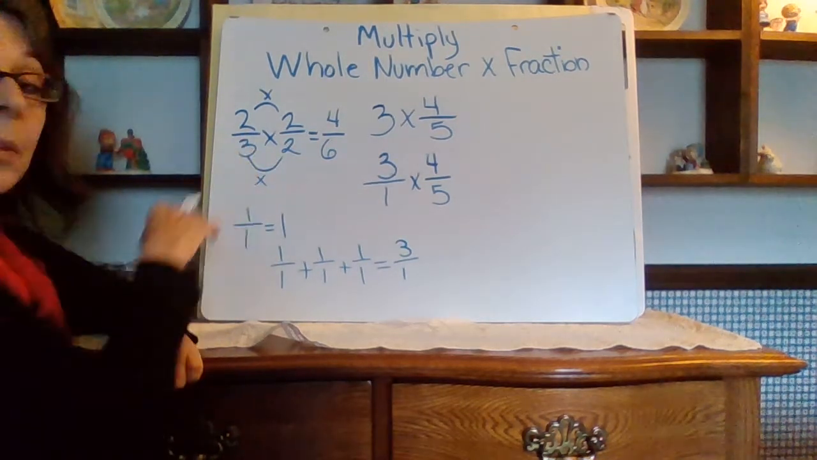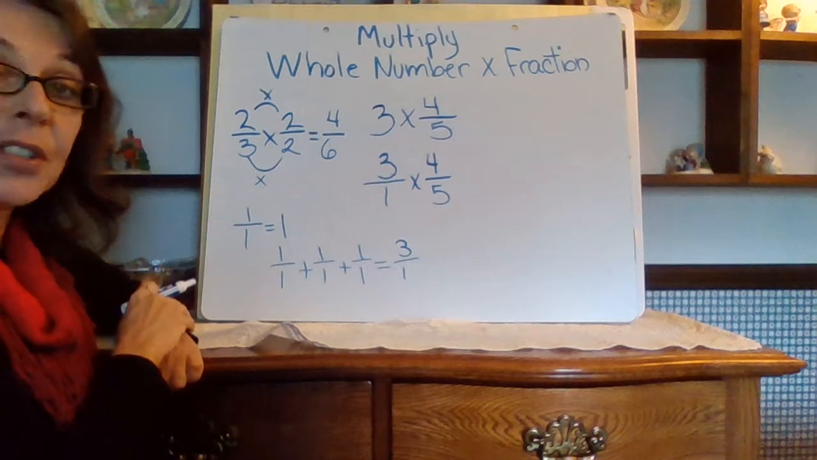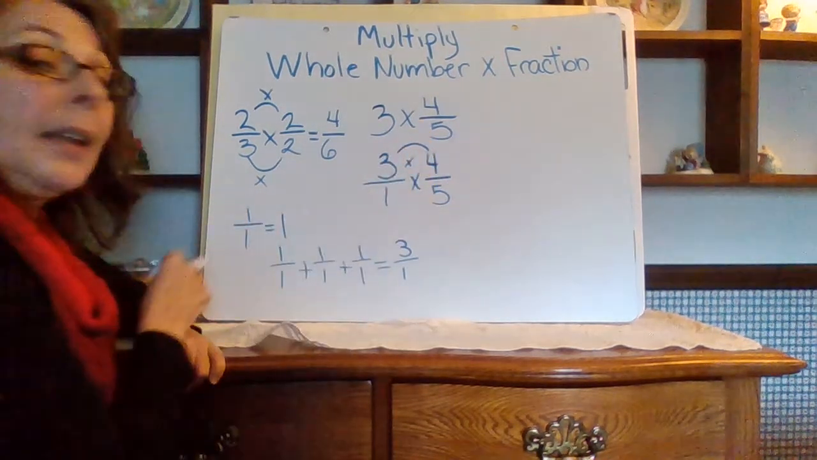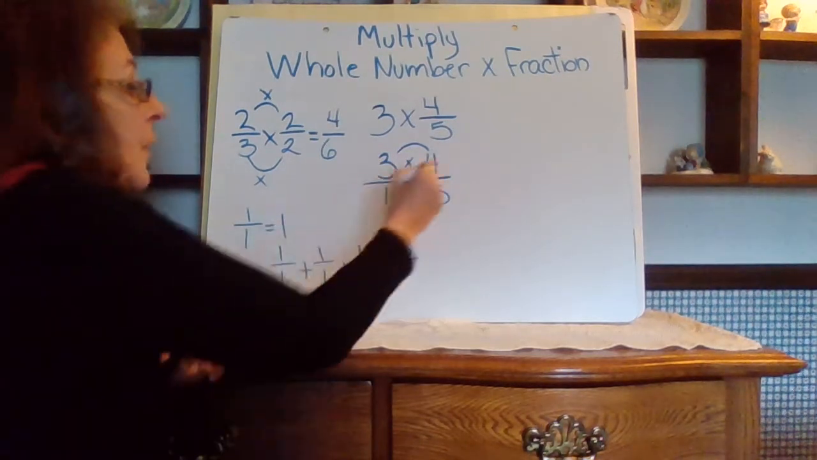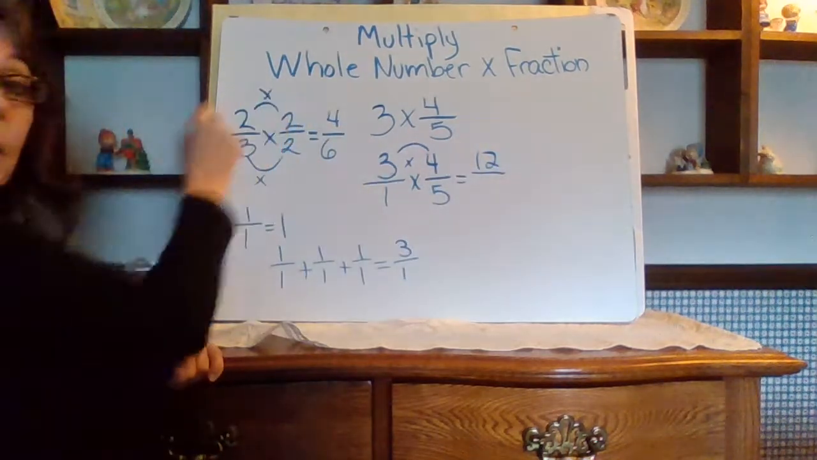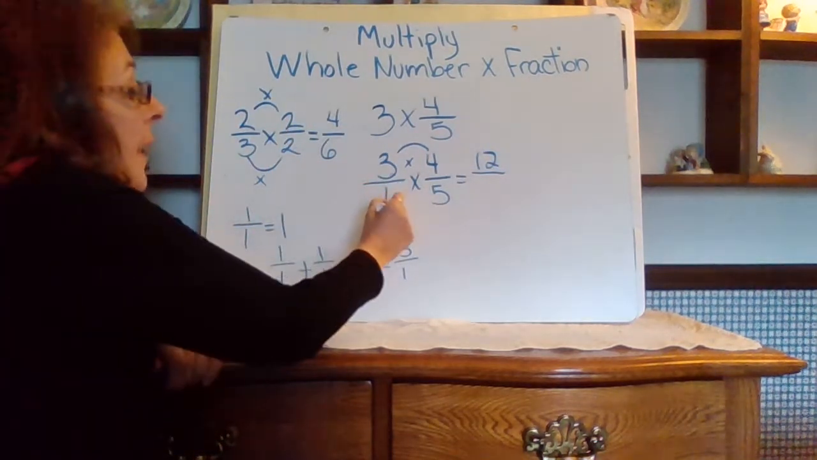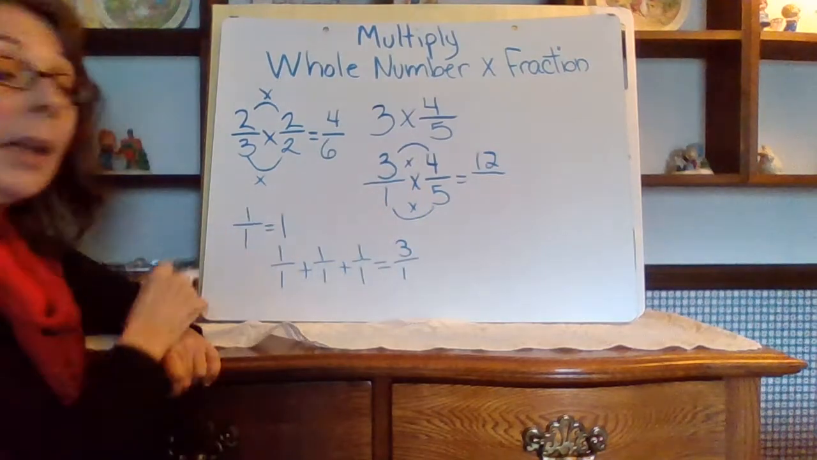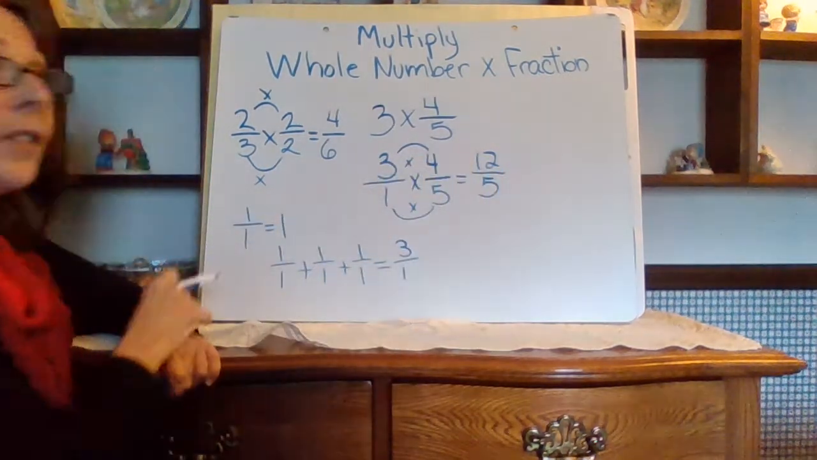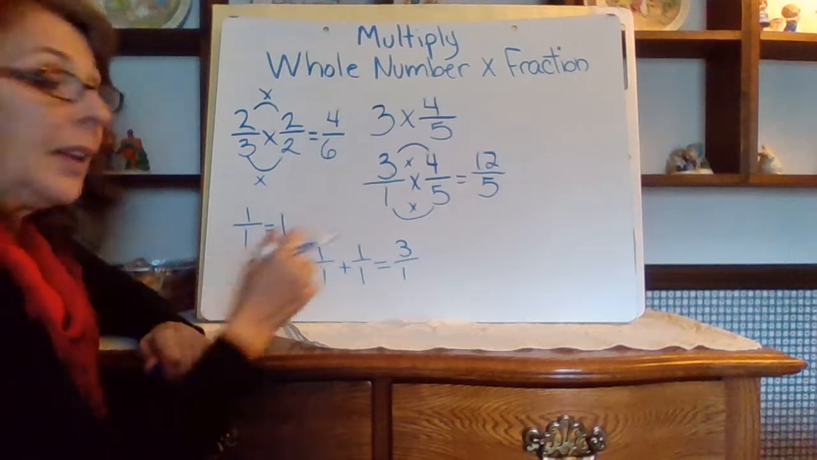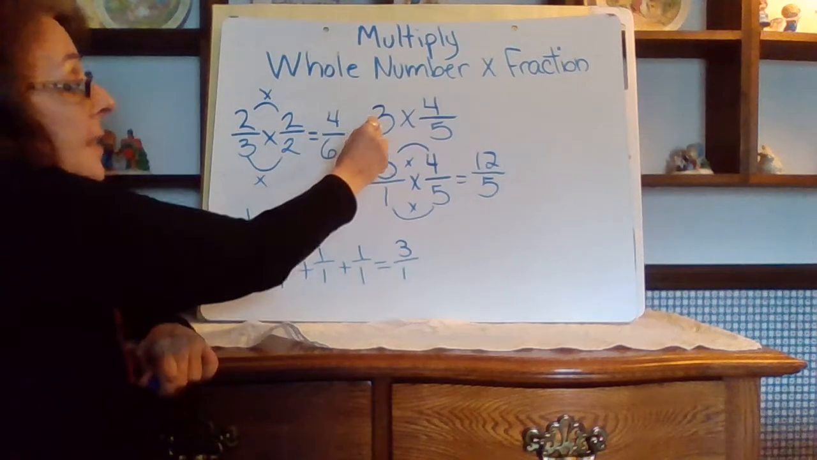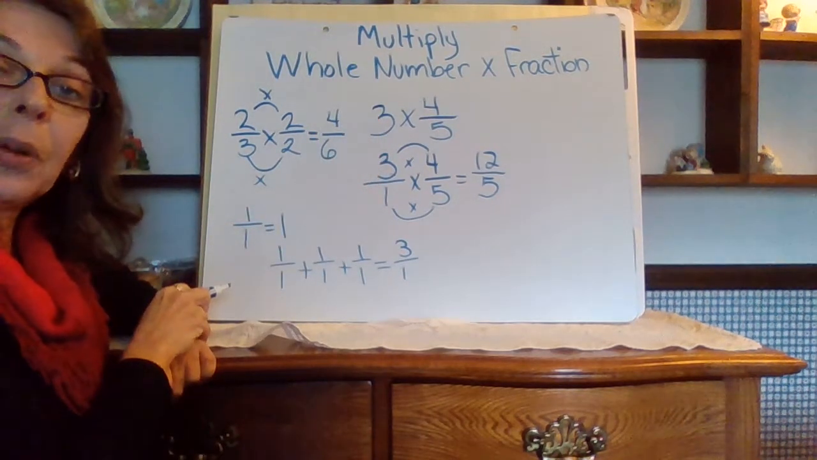Now, we already know how to multiply fractions. The rule doesn't change for that. So I'm going to multiply my numerators. 3 times 4 is equal to 12, just like I did over here in my equivalent fraction. And then I'm going to multiply my denominators. 1 times 5 is equal to 5. So I end up with 12/5,